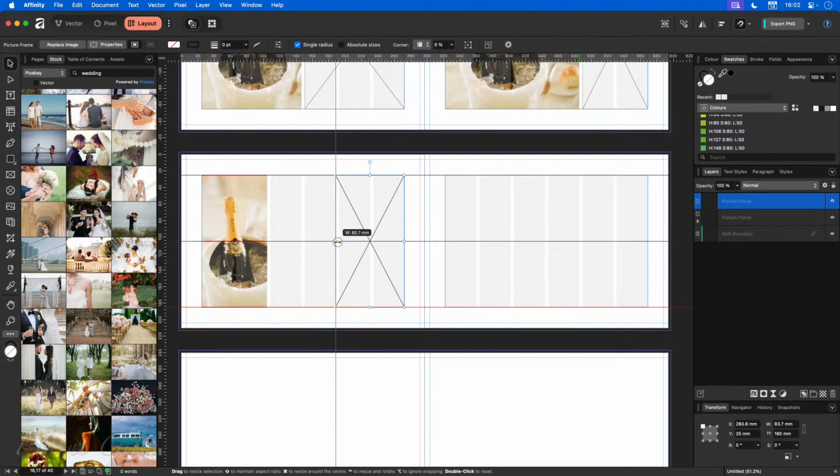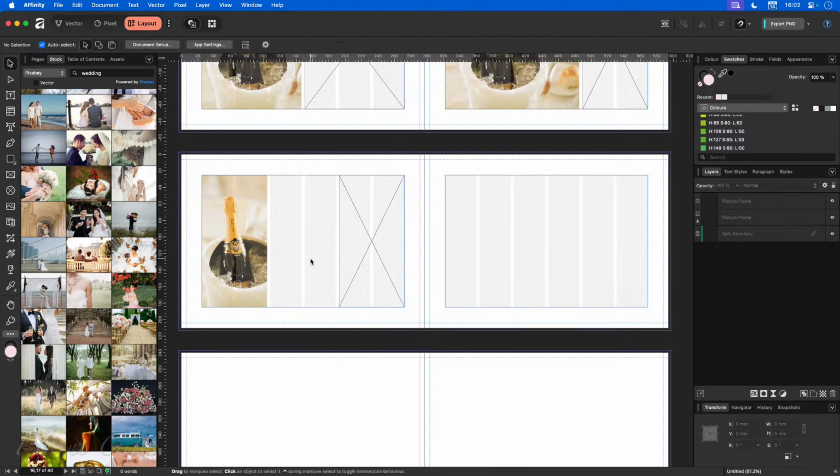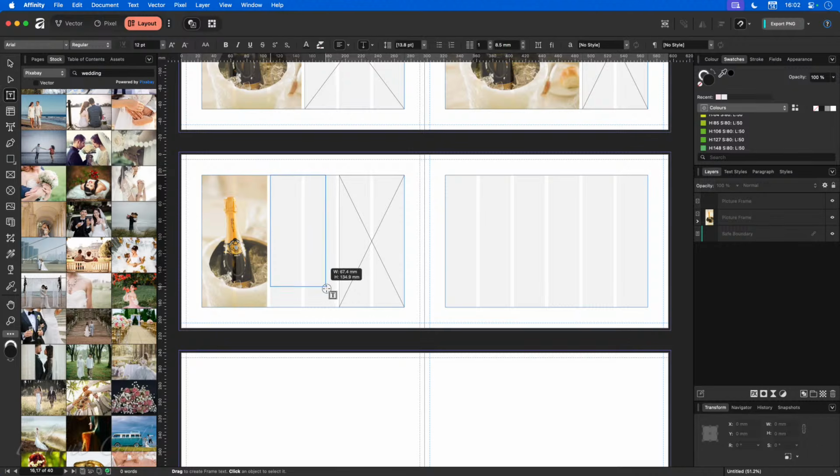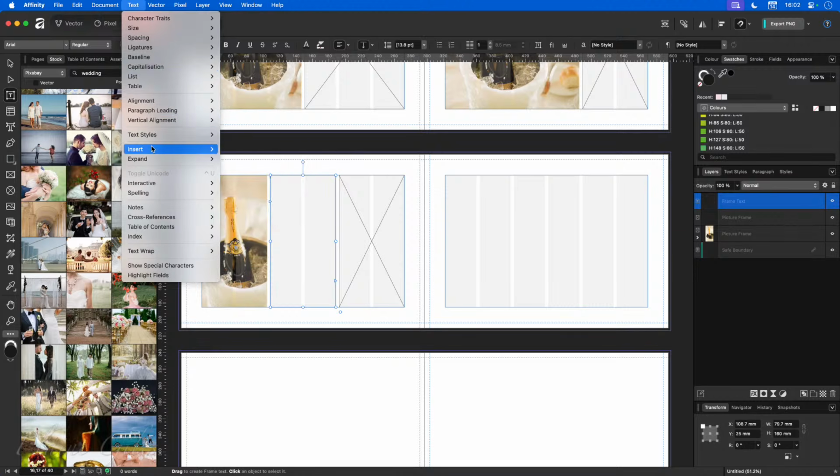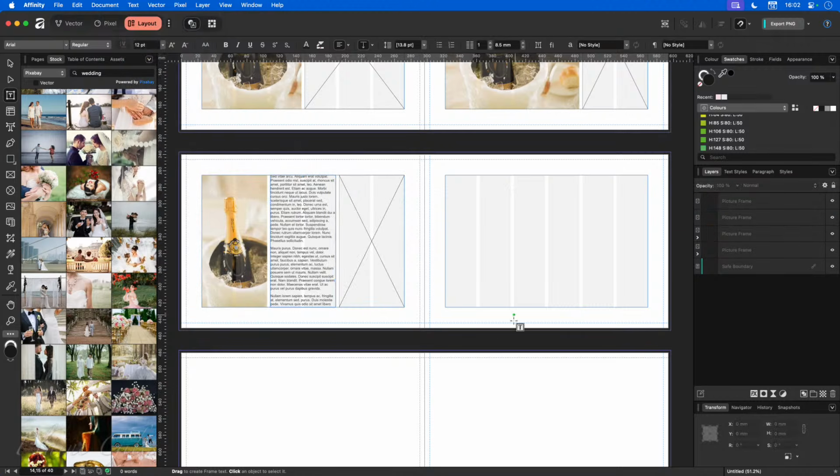So we've got an image on the left, an image on the right, but in the middle, I'd like some text. So I can draw the text out in the middle, and just so we can see it, I will put some filler text in it, like that. So we could do that. And of course, it remains flexible. There is nothing to stop us